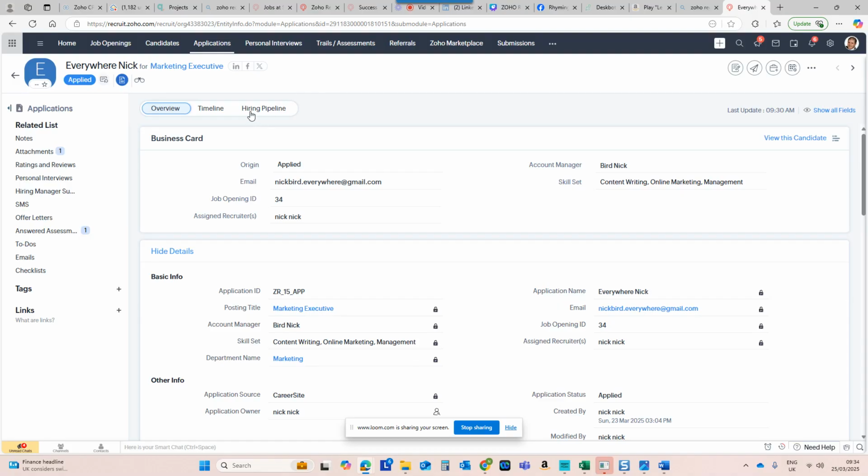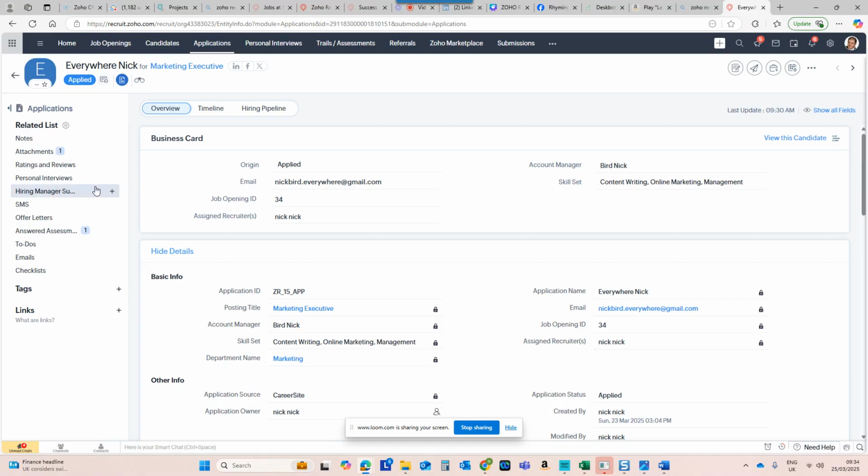Okay, so if you change the applicant status, it will change where they are in the job openings pipeline,